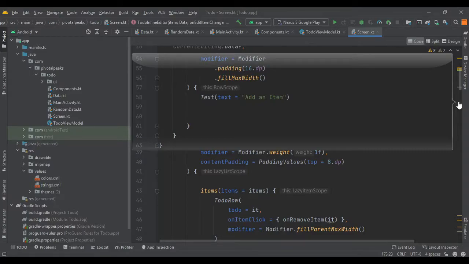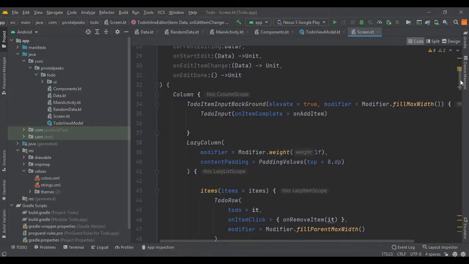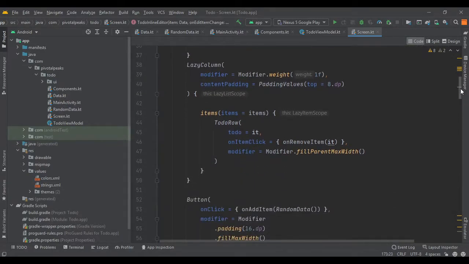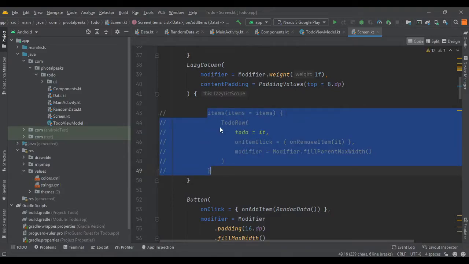So we are going to comment out the whole code inside the lazy column to make way for both our editor and our row. So we will comment out this whole code and we'll build a new one.